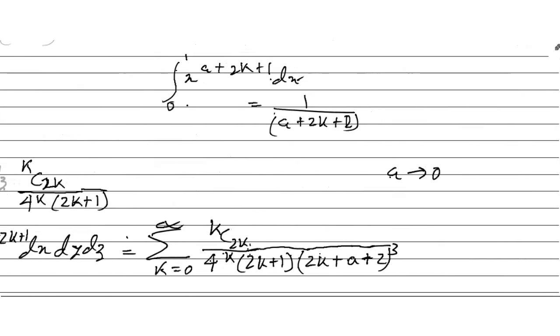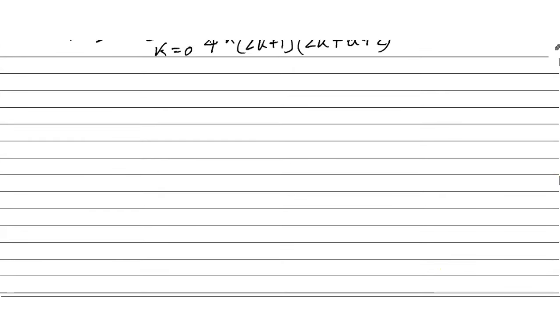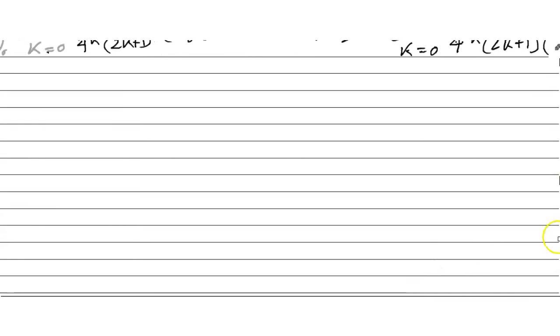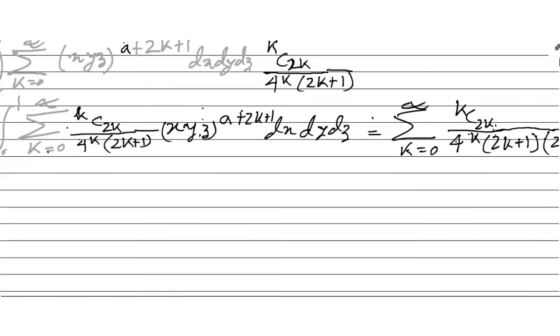Okay, no problem. At first I will not, I don't need a tends to 0. After integration I will put this in here. So whatever I get, I dash a equals to